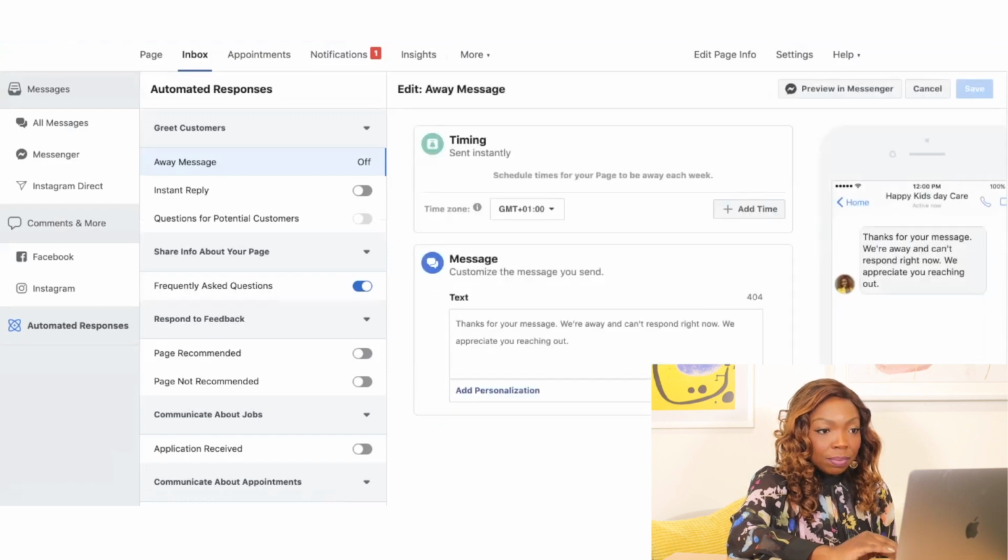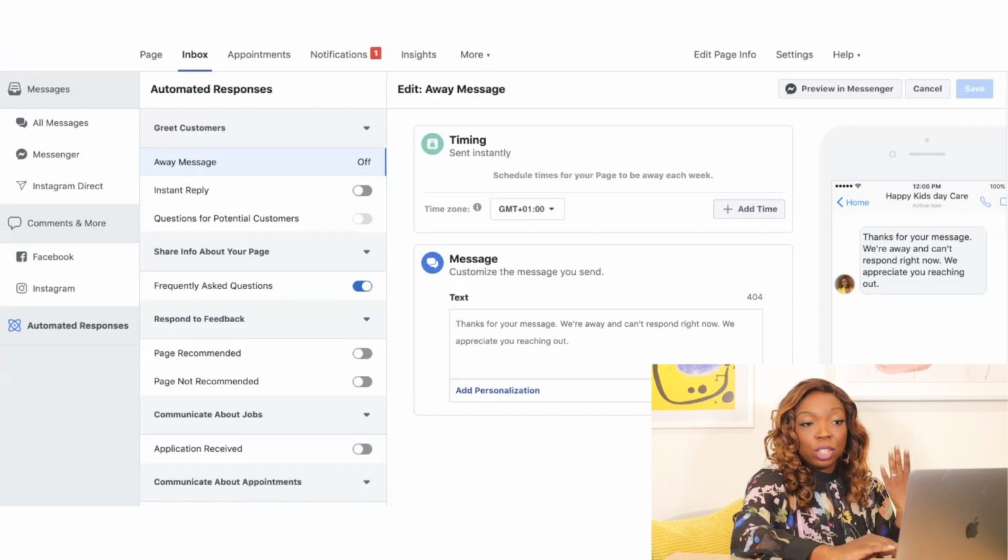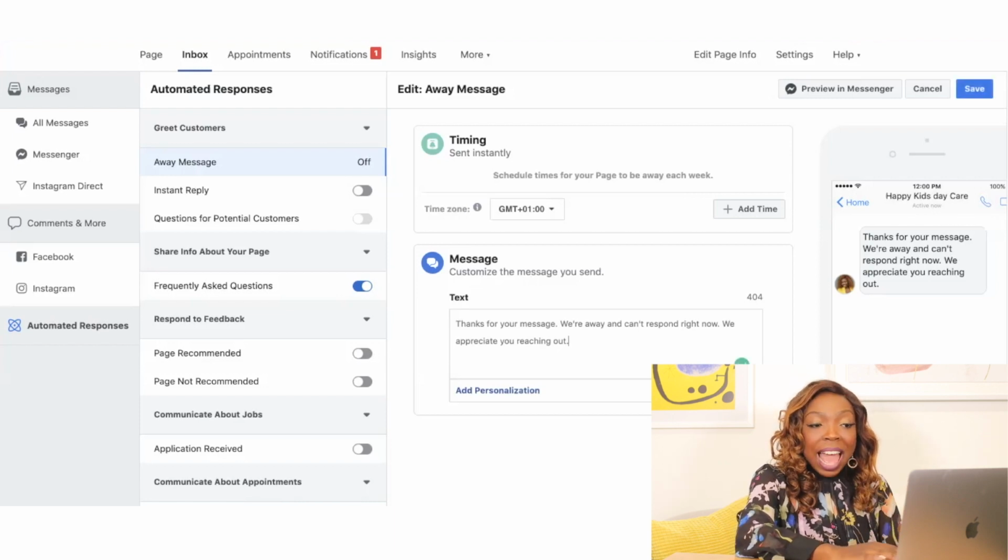So you click on edit, and you can tell Facebook when to send this. You can say, thanks for your message. We're away. We can't respond right now. We appreciate you reaching out. I would just leave that there. You don't need to do anything. The other thing you can add is